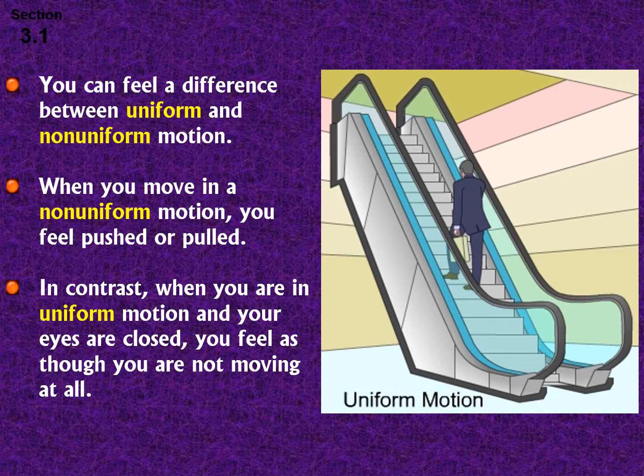Isn't the Earth spinning? Yes, the Earth is spinning very fast. At our latitude, the Earth is spinning at over 1,000 kilometers per hour, over 700 miles per hour to the east. Do you feel that? The Earth is moving around the sun at over 50,000 kilometers per hour. You don't feel that? The solar system is moving. All of those are uniform motions, and we don't feel them. So that kind of shows you that we don't notice uniform motion.